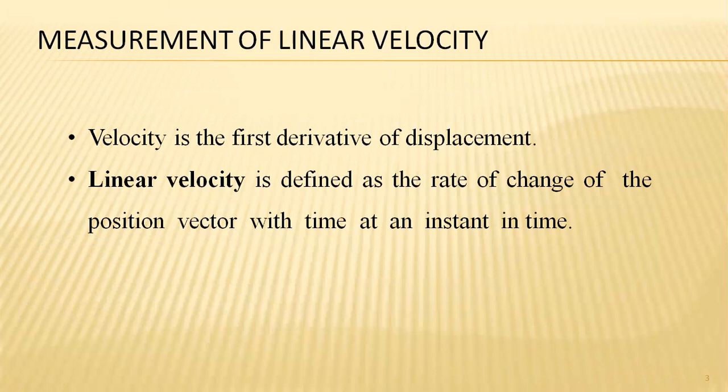Nominally, the rate of movement, or rate of displacement with respect to time, is called velocity. It may be a linear velocity as well as an angular velocity, denoted by s in the case of linear movement or linear velocity, or omega for angular velocity. So the measurement of linear velocity is what we will see initially.